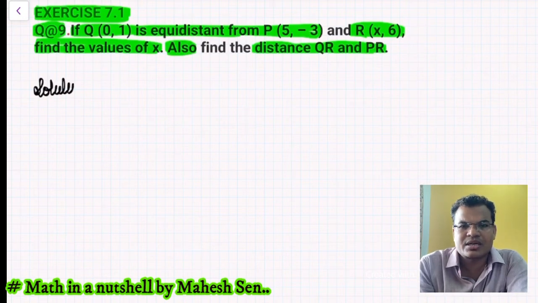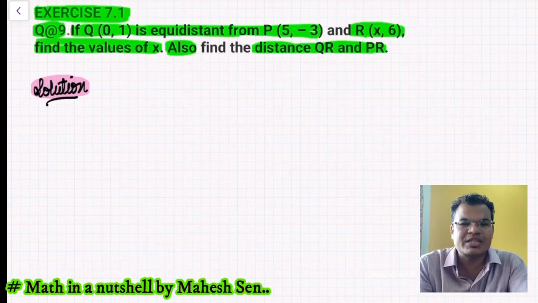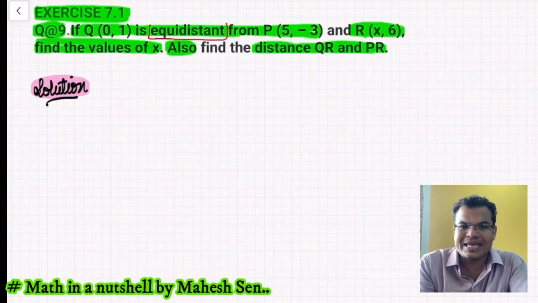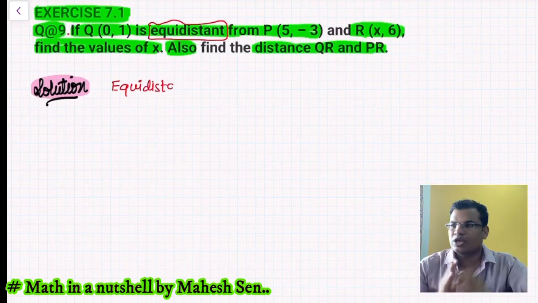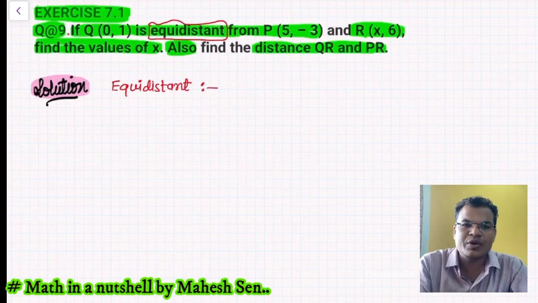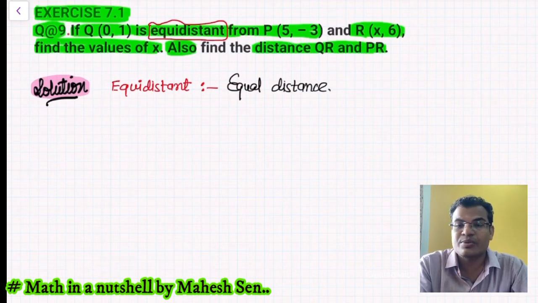The equidistance condition is given to you, and I have already explained what equidistant means: a point that is at equal distance from two points. So what do you mean by this word? Equidistant means equal distance, right? Suppose I'm here and my distances to my friends A and B are equal, so I can go to A and B, both are equal. So this terminology should be clear to you all: the equal distance from a point to two different points, or more than two points, is equidistance.